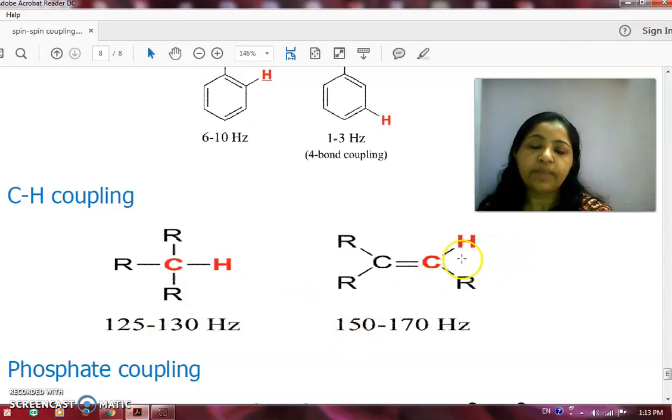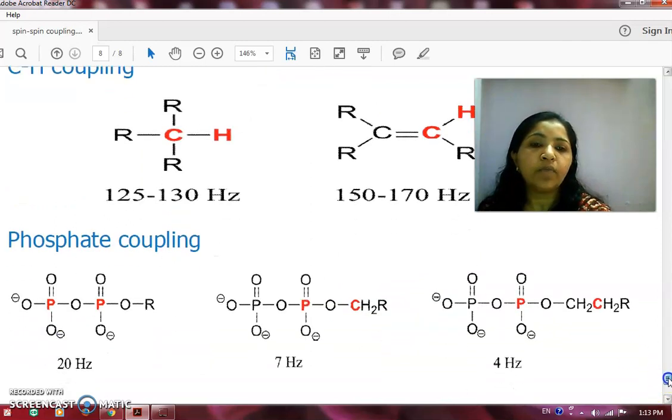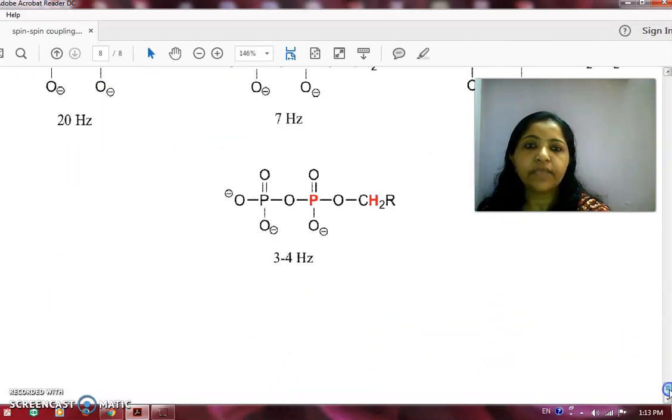This is also CH coupling. So here also you have a double bonded C, and it has an even higher value. This is phosphorus. Phosphorus and phosphorus can couple with each other, okay, because these are NMR active nuclei. They have a spin, an active spin. So therefore this is the table. Let us move to the next